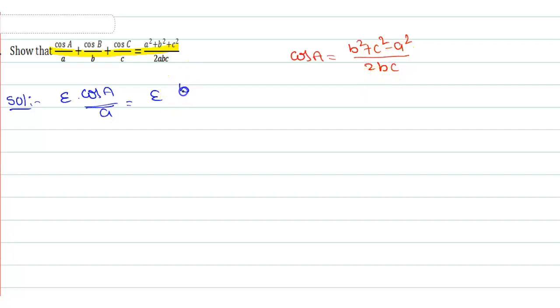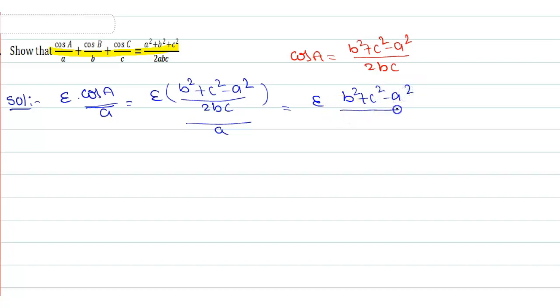That only I am writing here. So b square plus c square minus a square by 2bc, with denominator a. This is equal to, this 2bc will come down,